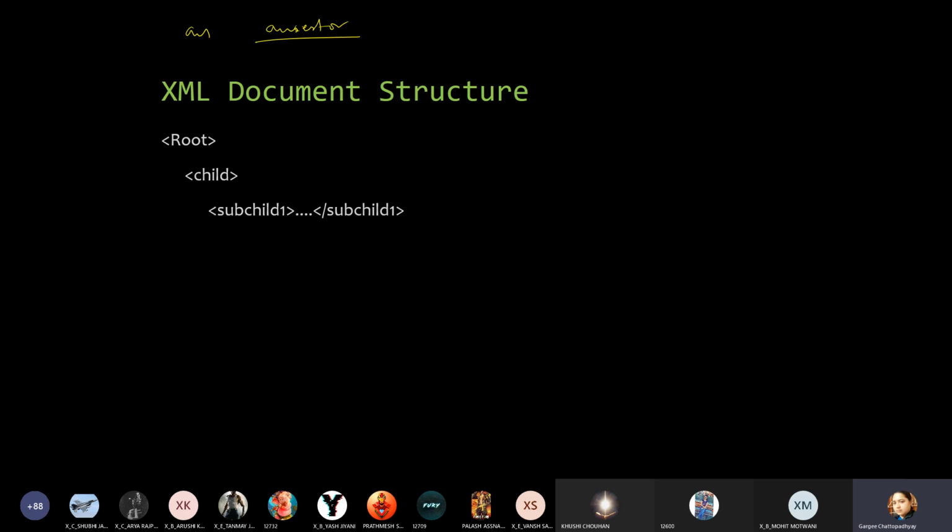Then you can have a subchild. Any number of subchilds. Child close, root close. So you can see over here exactly the way in which I have typed root. R capital. Here also the closing tag will have R capital. This kind of rule was not there in HTML because HTML was not case sensitive. But here XML is case sensitive.